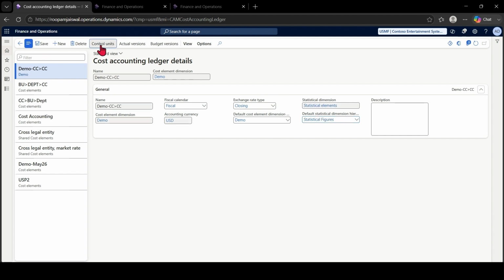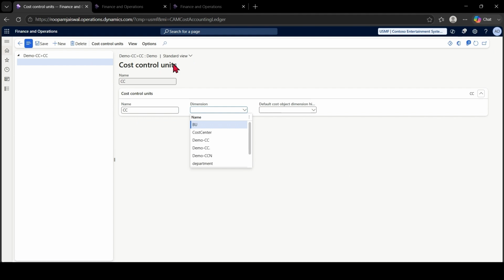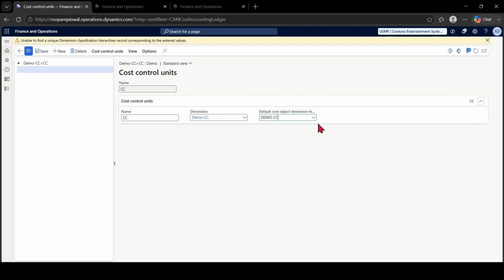At this point of time, I know that I'm not going to use any other cost objects. All I'm using is a cost center. So I'm just creating a cost center linkage here. This is the place where you are linking the account with the dimensions or an object. So what we can do is link with the dimension, and then you have a cost object that you can choose. There will be multiple hierarchies which you have created, and they will appear to you. So you can just select whatever is required as per your requirement.